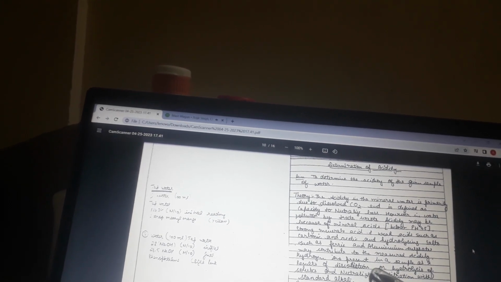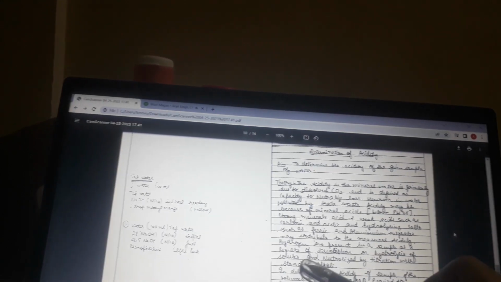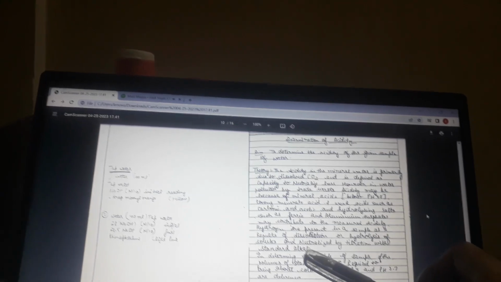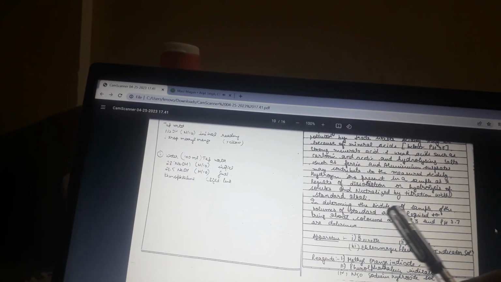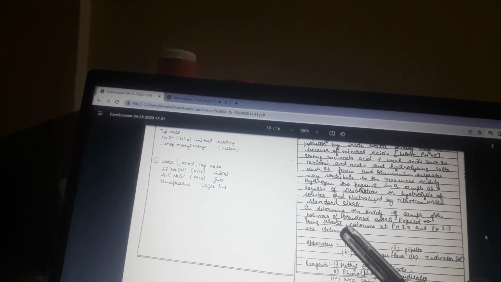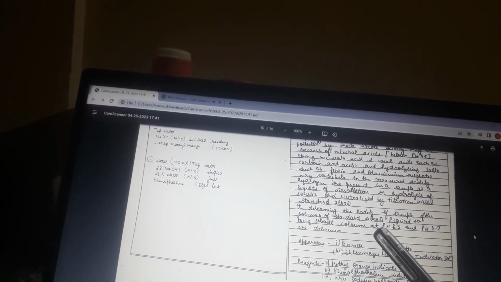Hydrogen ions present in a sample as a result of dissolution or hydrolysis of solutes are neutralized by titration with standard alkali. In determining the acidity of a sample, the volume of standard alkali required to bring about color change at pH 8.3 and pH 3.7 are determined. Apparatus: first, burette, pipette,